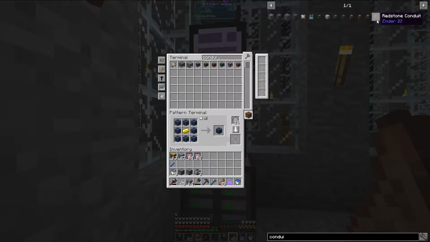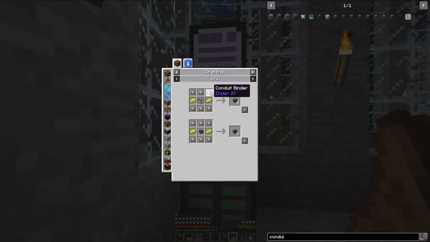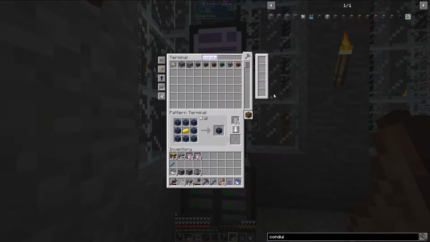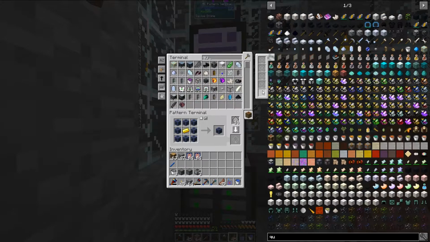Okay, so I definitely think I want the ender fluid conduit. So let's see what that entails. Some conduit binder and some fused quartz. And then I think fused quartz is just quartz. I do not have that automated, unfortunately, so let's...